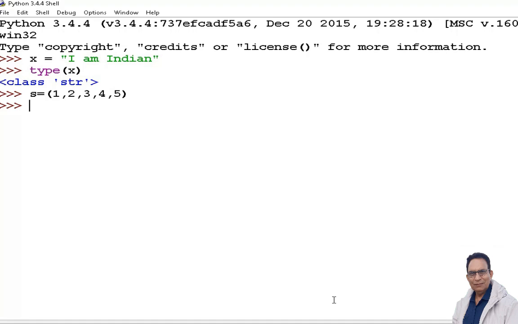Now I write anything, let us say k equal, I am using the square parenthesis. Anyway, the same value I can write 1, 2, 3, 4, 5. If more you want to include, you can put more. 6, 7. Press enter. Now let us see the difference between tuple and a list. Tuple is having the round parenthesis, while the list is having a square parenthesis.